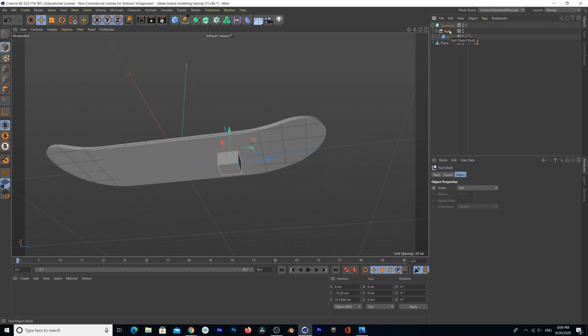the symmetry is being applied to that cube. But as you can see, it's not doing anything. And the thing is, you have to click on the symmetry, and then go down here to the symmetry menu, and where it says mirror plane, make sure that the right plane is selected. So if I go ahead and click on XY, now you can see that what I created on the right